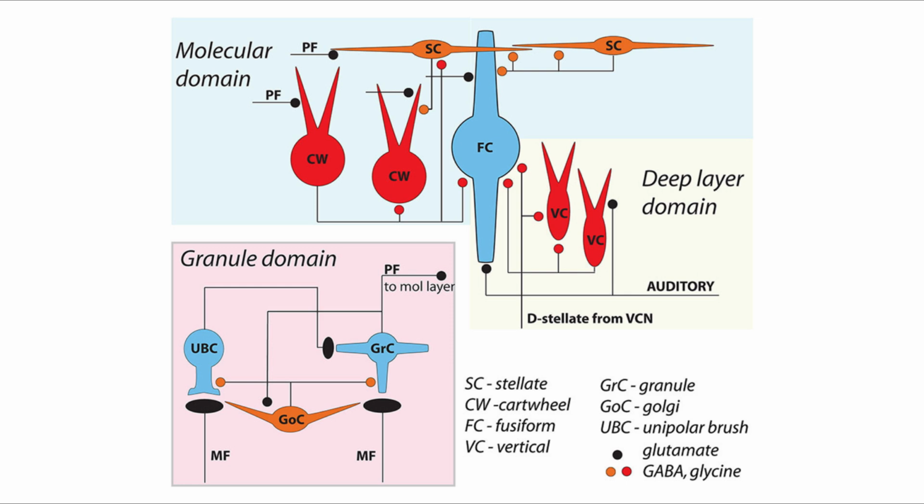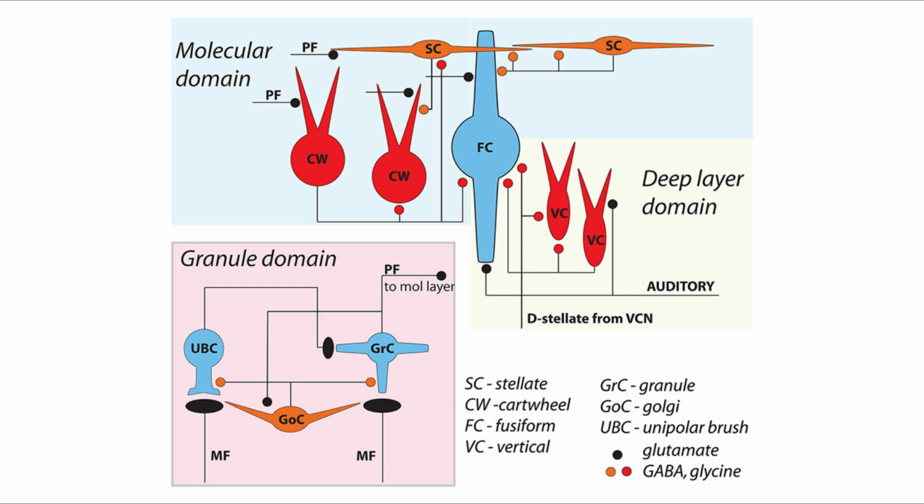Now next are the unipolar brush cells, or UBC, and they are also excitatory or glutamatergic neurons. The UBCs receive excitatory input, shown by black circles, from the mossy fibers, or the MF, and relay that excitation to the granule cells. Now, the Golgi cells, labeled as GOC, or the orange circle with the two outstretched arms,